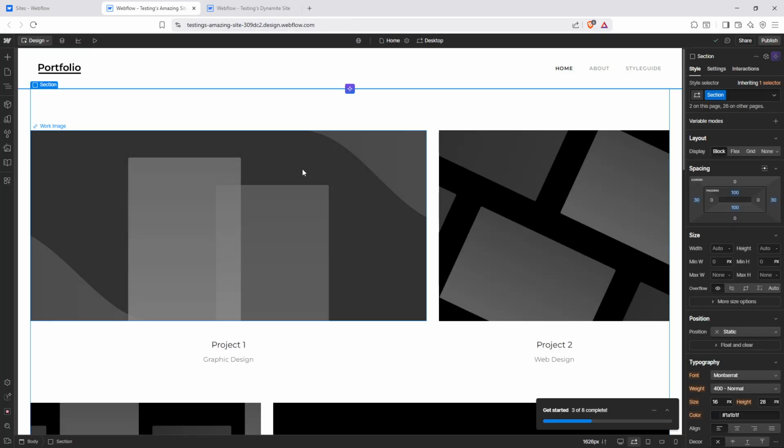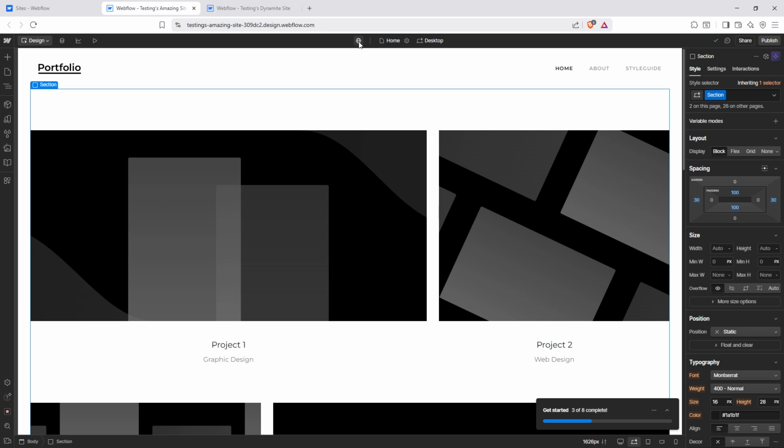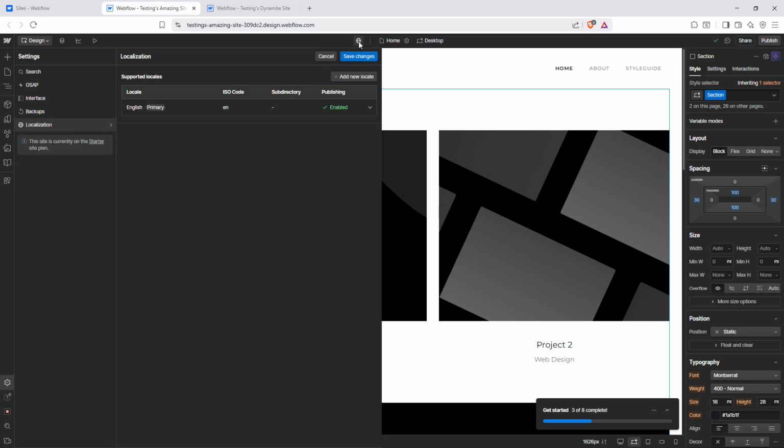Now, take a look at the top menu. You'll see an option labeled localization. Click on that. This is the key area where you'll be managing the different languages your site will support. It allows you to control and organize language settings for the entire site, making it a vital component of your